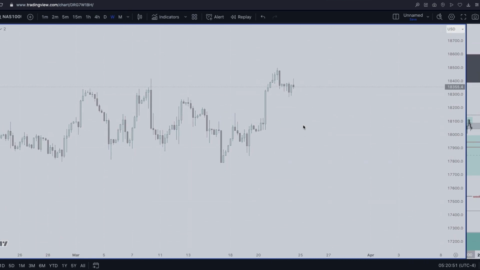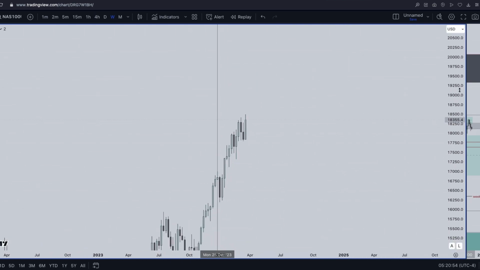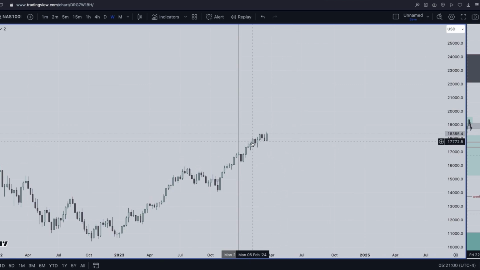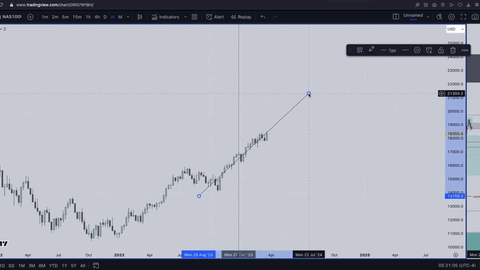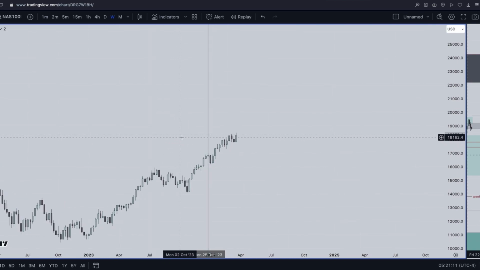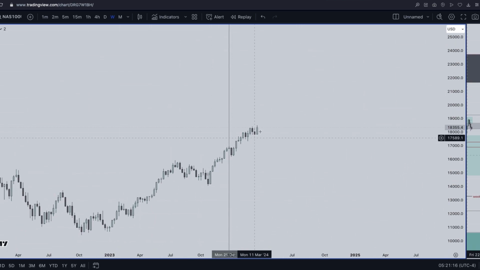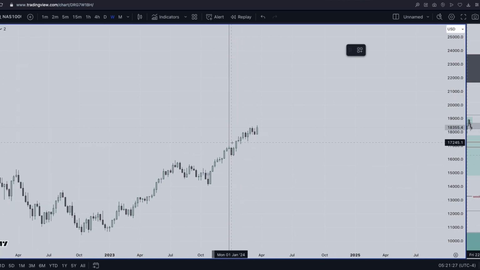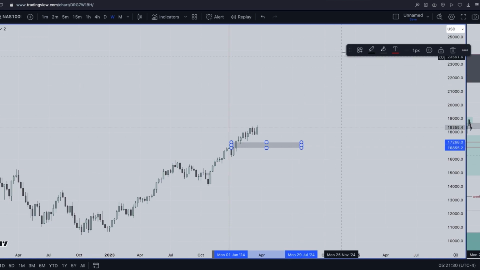Okay, let's start from weekly and see what weekly has been doing. Okay, we're still in the uptrend on weekly. I can hear a sound behind me. So we're still in an uptrend on the weekly. I can't really see any weekly fair value gap, only this one here that we took off from. That was a long time ago.